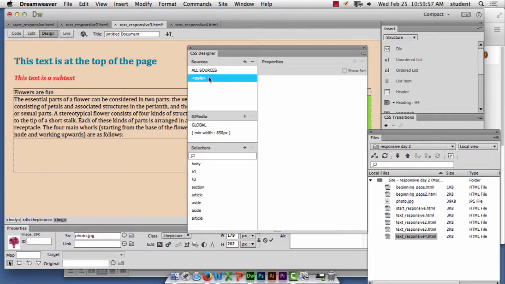To put the code in for this, I'm going to click on the style up here. This is the normal cell phone one. So in the normal cell phone one, we want the picture to float left. I go to where it says style, go down here to the plus button. Notice how it put that in there. Why did it put it in there when I hit the plus here? Because I had the picture